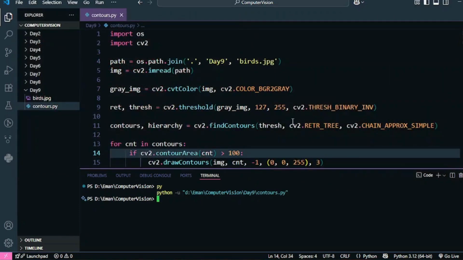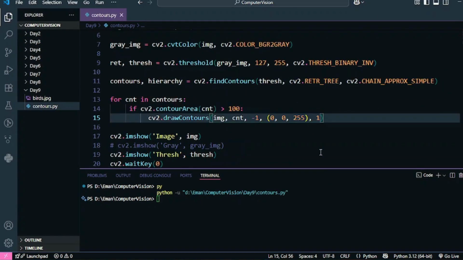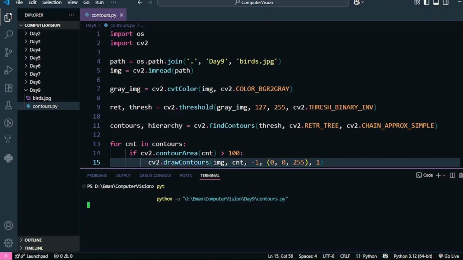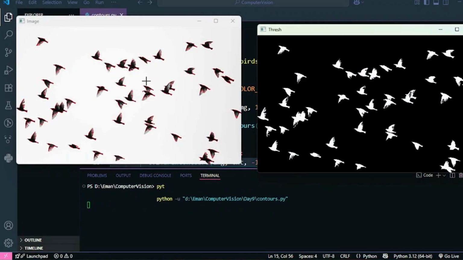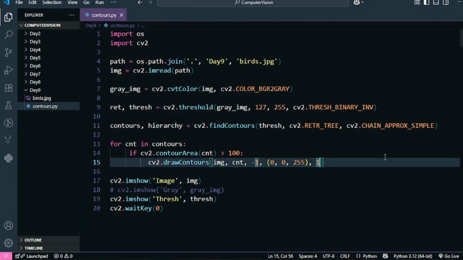So just for clarity, I'm again going to change the value from 3 to maybe 1, so that it looks better. Oh yeah, now it looks much better. So it has clearly formed a boundary around your objects, right? And how did it calculate that boundary? How did it calculate the contours? Using this image. Okay, so this is one good thing. Now we will see how we can create an object detector using it.